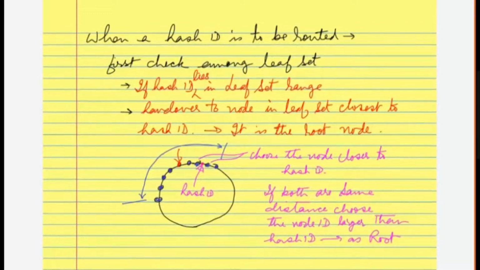I have been following the node which is higher, or whichever is closest will be picked up and the entry will be passed on to that. That node will again look at its own leaf set and find out it is the closest node, so it will look into the database for the corresponding key-value pair, or it will publish, depending on whether it's a query message or a publish message.